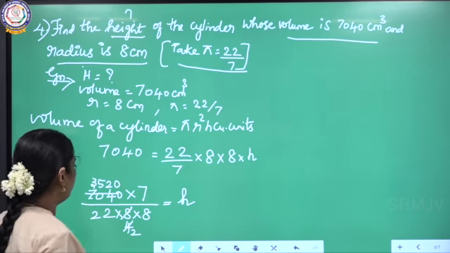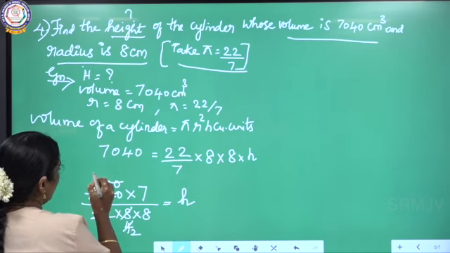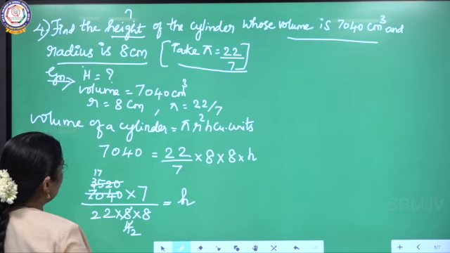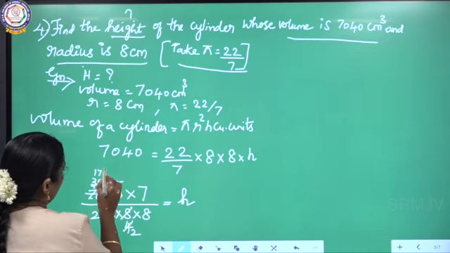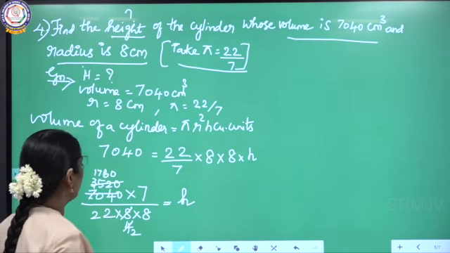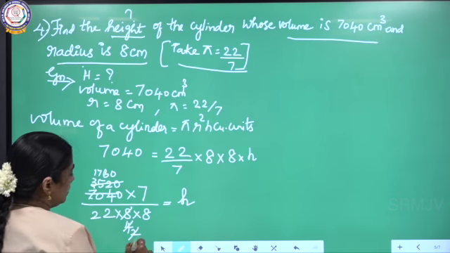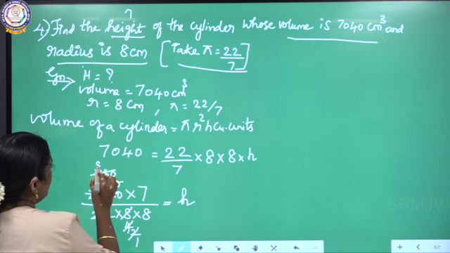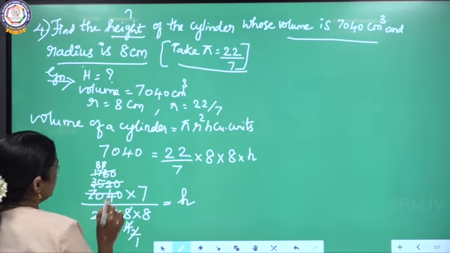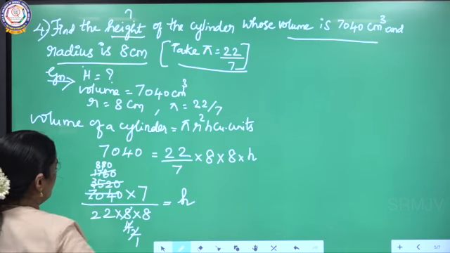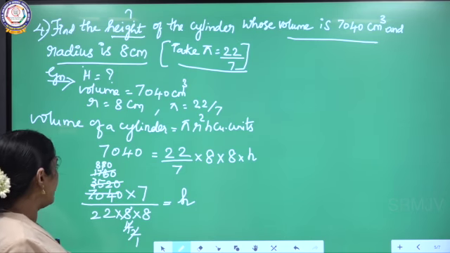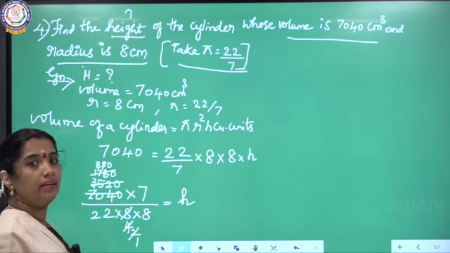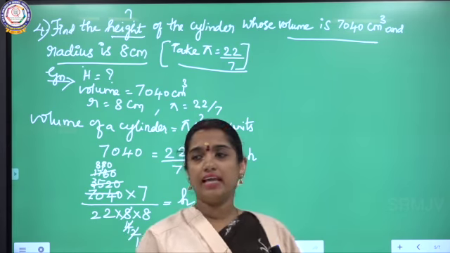2 2s are 4. 35 means what I can do? 1, 7, which is 2 17s are 34, and 1 more 6, 0. Again I can cancel in 2 table. 2 1s are, see this? 2 8s are 16. Balance 1, which is what? 2 8s are 16, and this 0. Got it? Now I can cancel in the level table. I can cancel in level table.